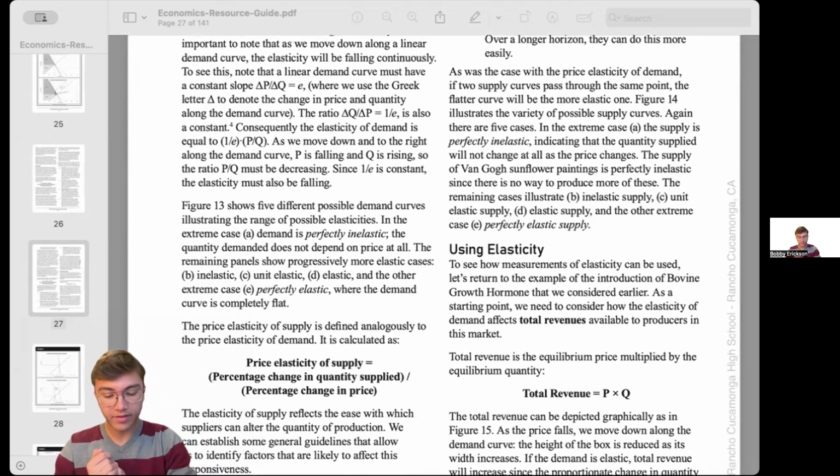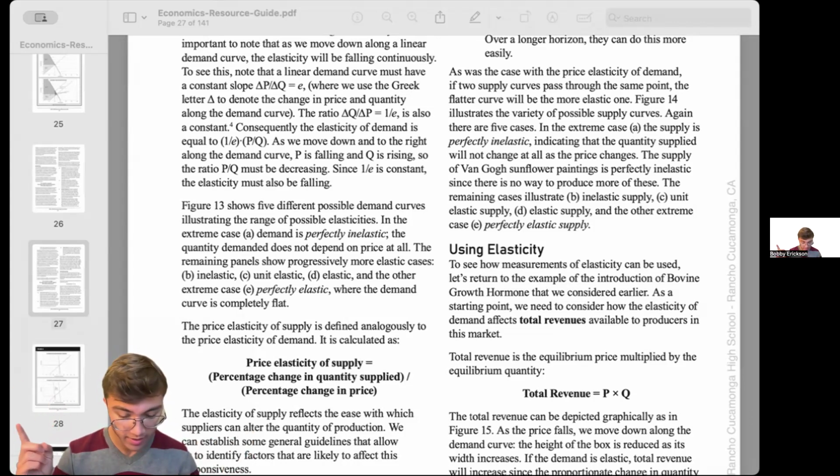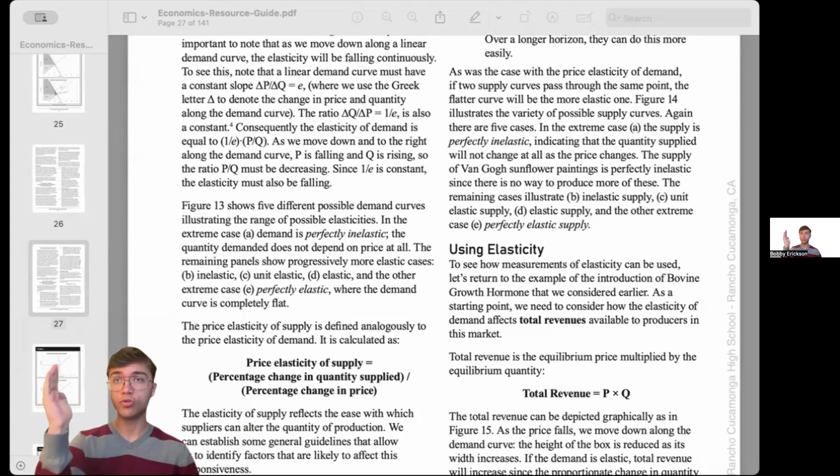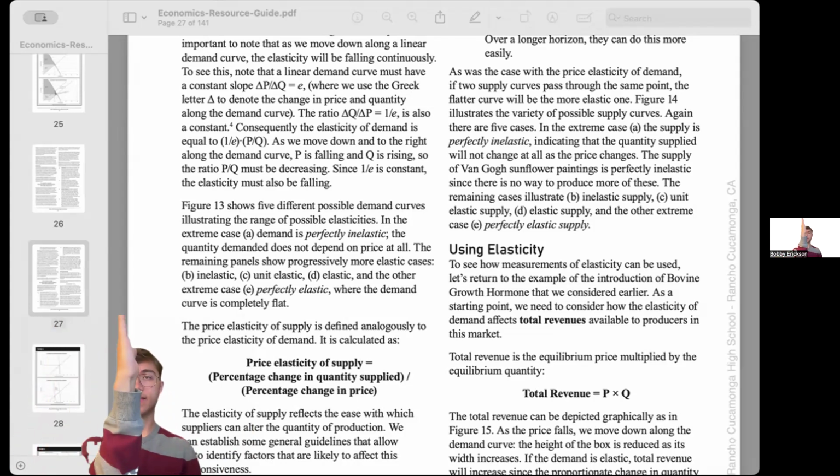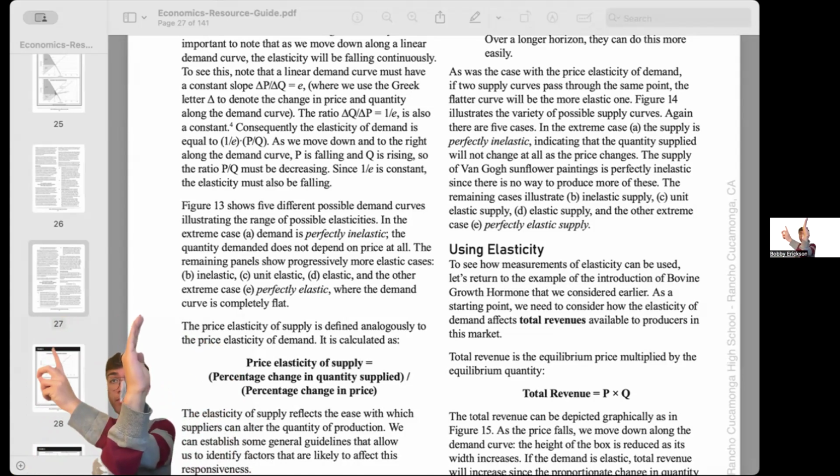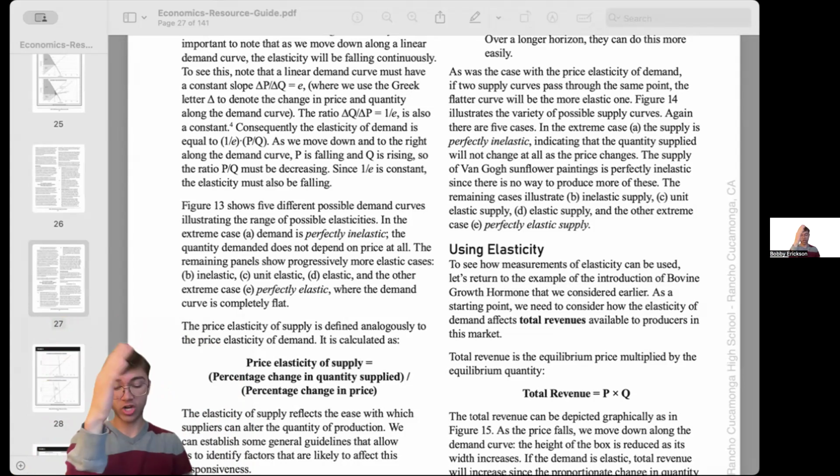Now, we are now going to discuss what does it look like for there to be different elasticities. So we can have perfectly inelastic, which shows that quantity demanded does not depend on price at all. You just have a fixed amount, a quantity that does not change based on price. So let's say price goes down, well, the quantity doesn't change at all. Then we have inelastic, which is when it hardly changes. Unit elastic, when it changes by 1% for 1%. And then elastic, more than 1% for 1% change in price.